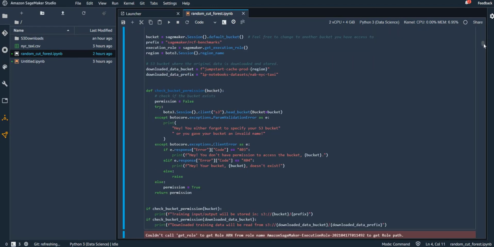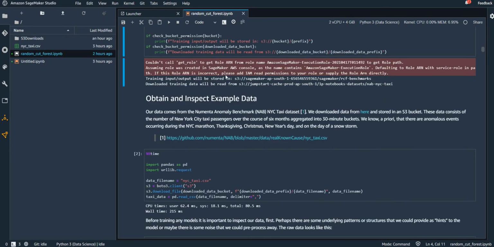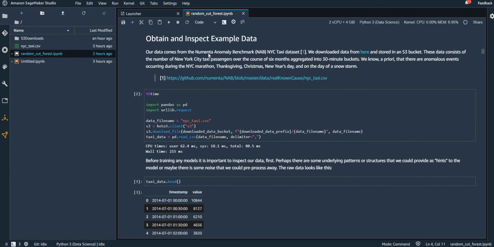So we're checking the bucket permissions and all of that, and once we get that permission, we'll be putting that output in a specific S3 bucket. And then the data is all stored here. We are getting the data and we'll be inspecting the data.